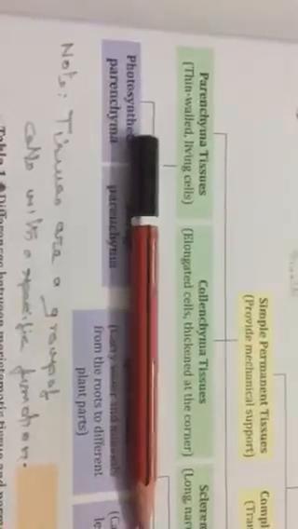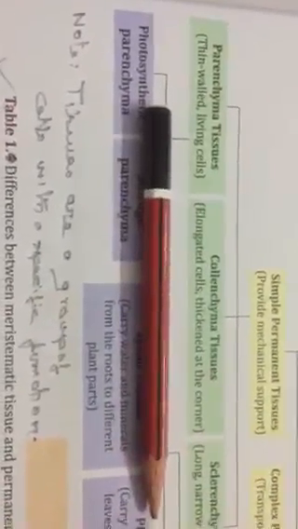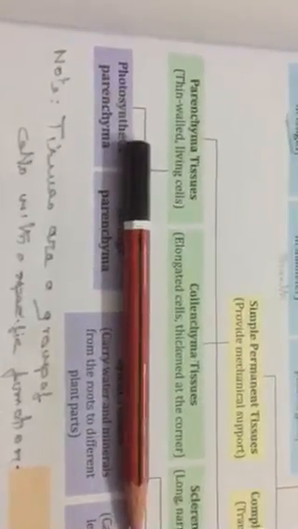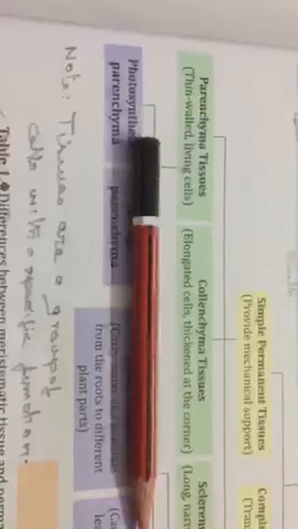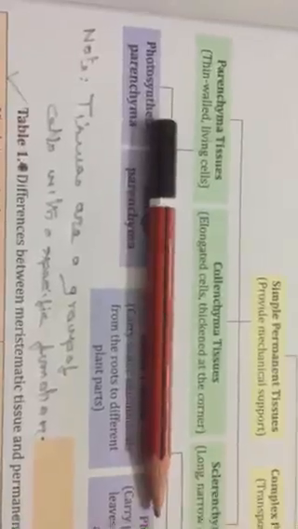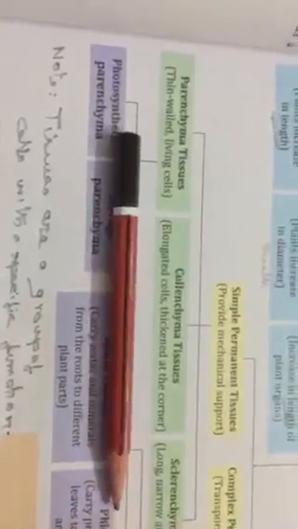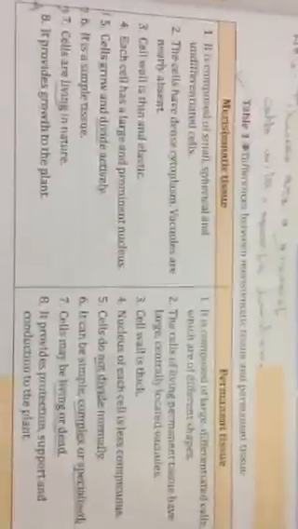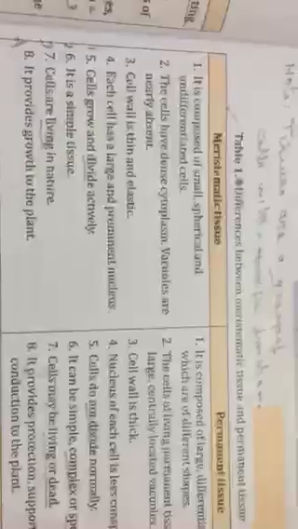Then you write this note below this, because here the definition comes. Tissues are a group of cells with a specific function. You should remember, you are studying a new term. Histology is the study of tissue. So you should know the definition of tissue. When you learn like this, it will be easy for the next lesson, because plant cells are very simple. Then you go for making two tables for this lesson.